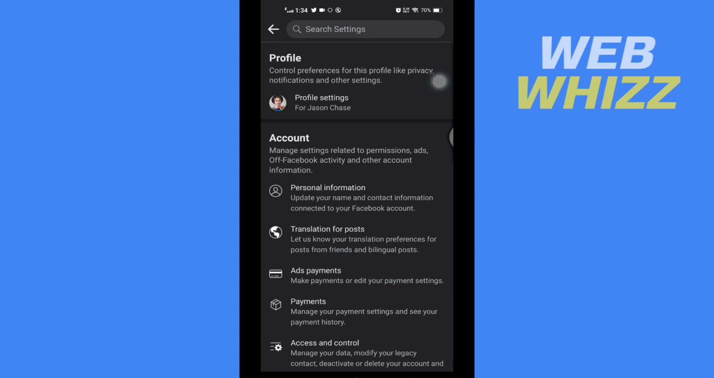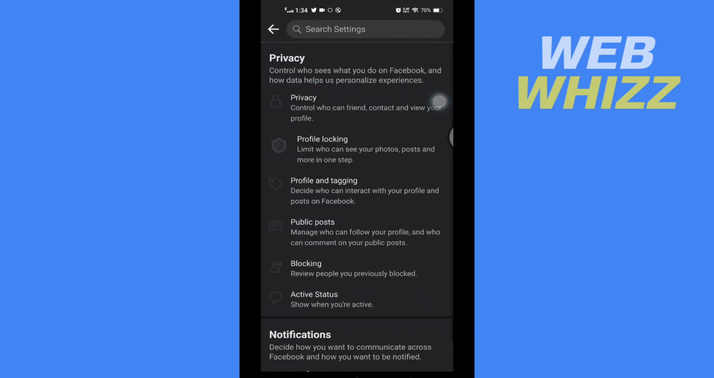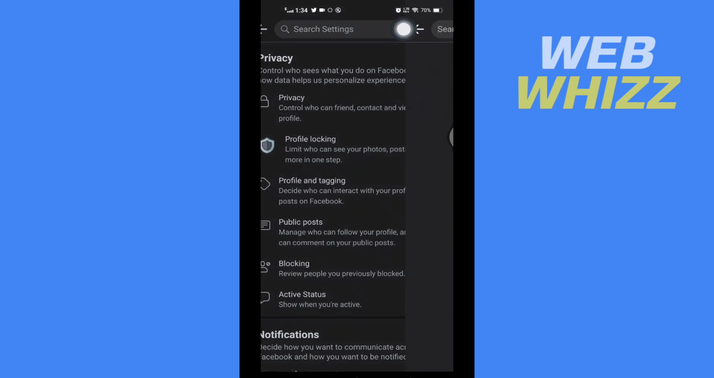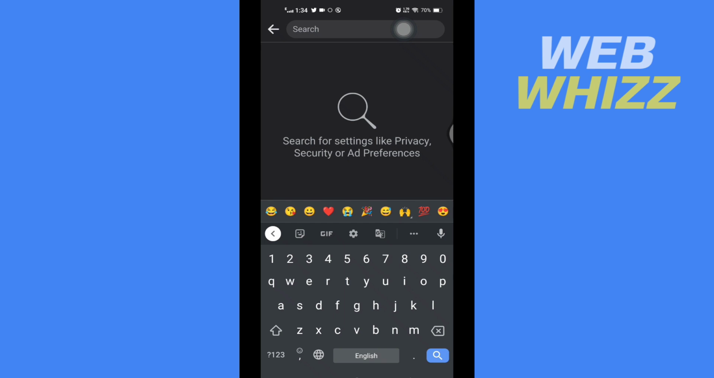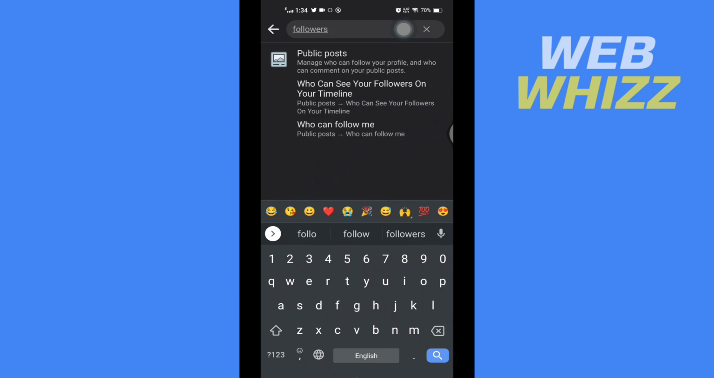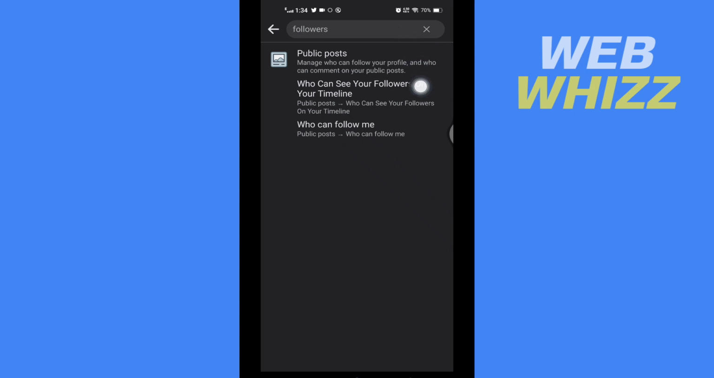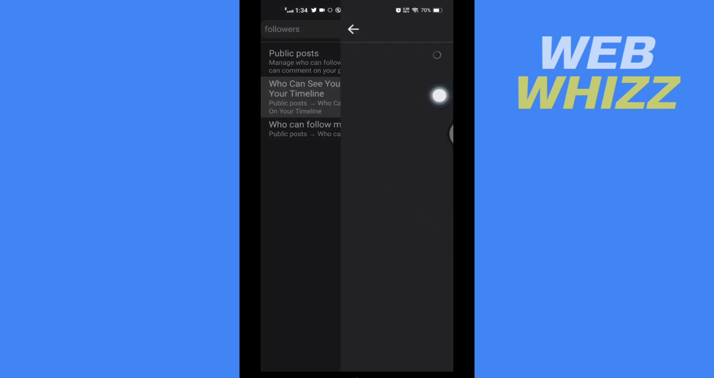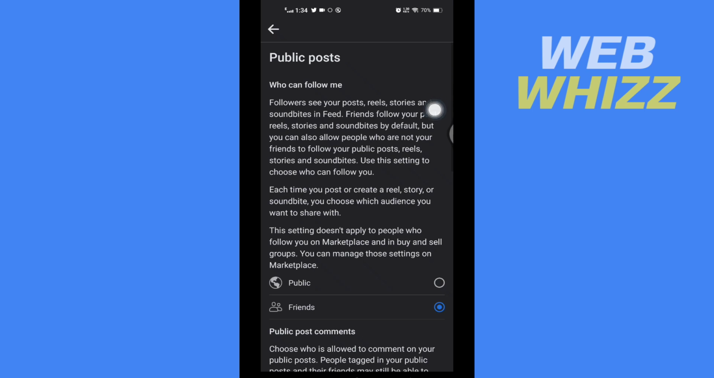and here in settings tap on profile settings, and then here tap on search settings here in the top, and then here search for followers, and once you search for followers tap here who can see your followers on your timeline, and then here if